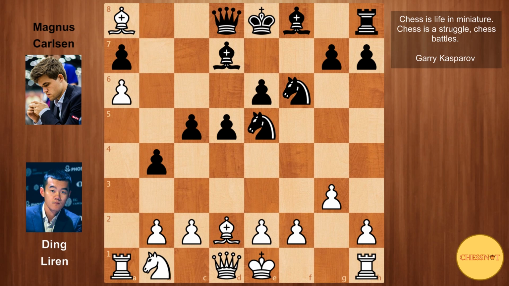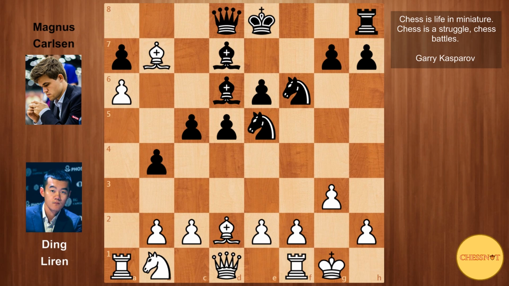Carlsen developed the bishop, bishop d7, and at the same time attacking the bishop, so bishop b7. Bishop d6 developing and also preparing to castle kingside. And this is now a critical position for Ding, because it's basically the kind of position which can go very wrong if not given enough care. So for example, if white were to castle,